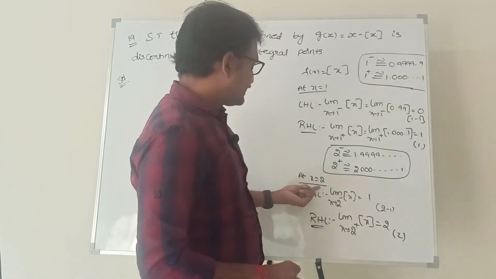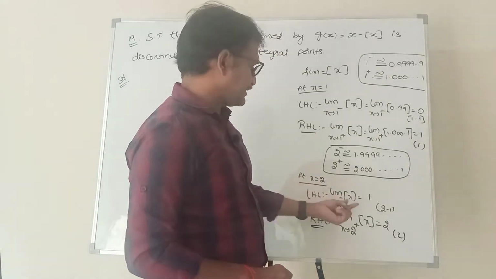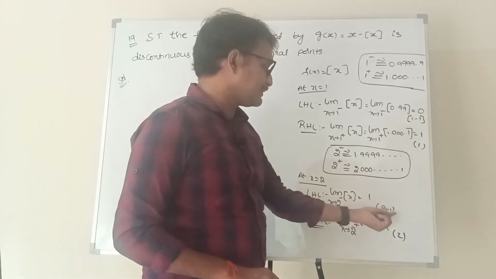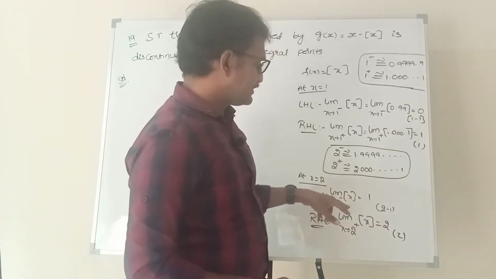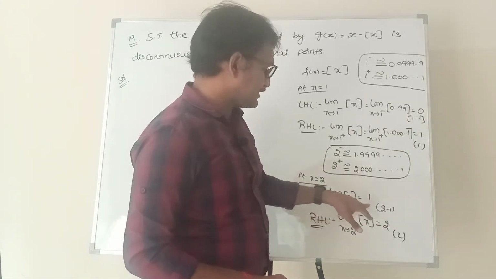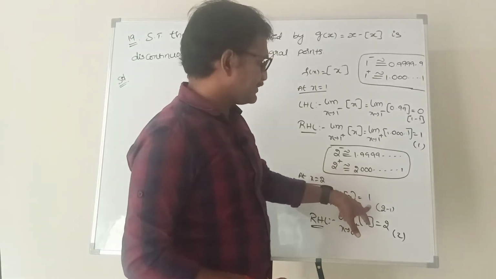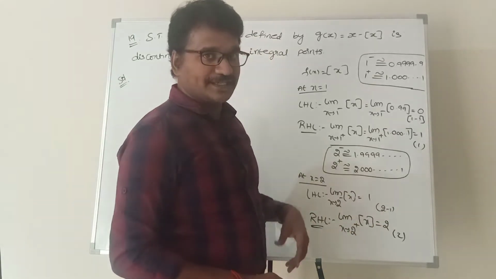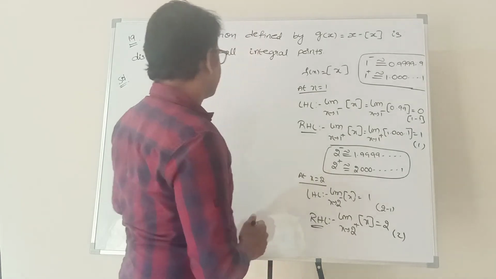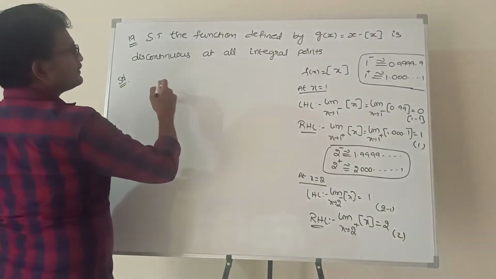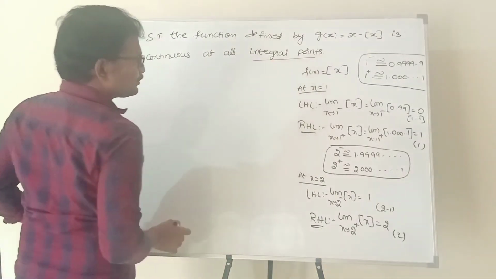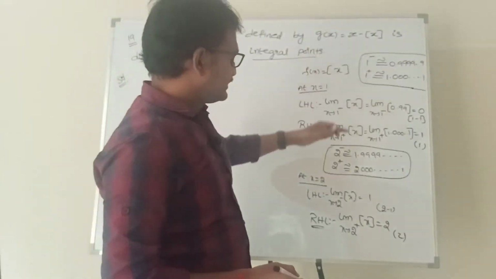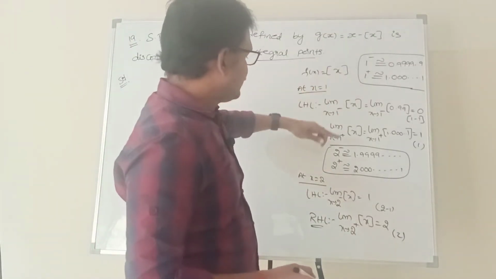Similarly, the left hand limit at x equal to 3, if you take it, you will get 2 here. 2 means 3 minus 1. Similarly, if you take the left hand limit at 4, you will get step of 3.9, which is 3. 3 means 4 minus 1. That means at x equal to integral points we have to prove this for this problem. Just remember these values of step x.